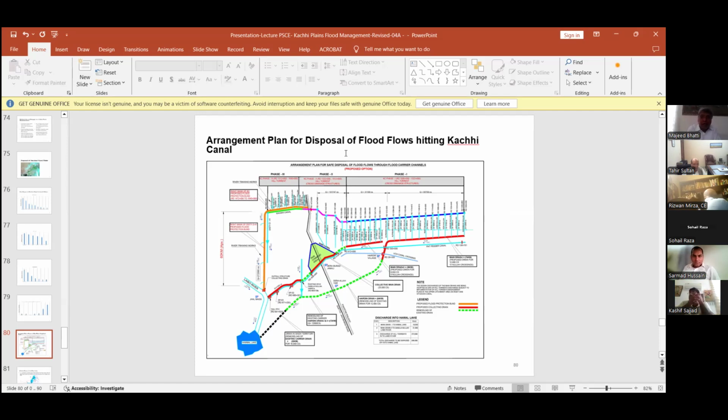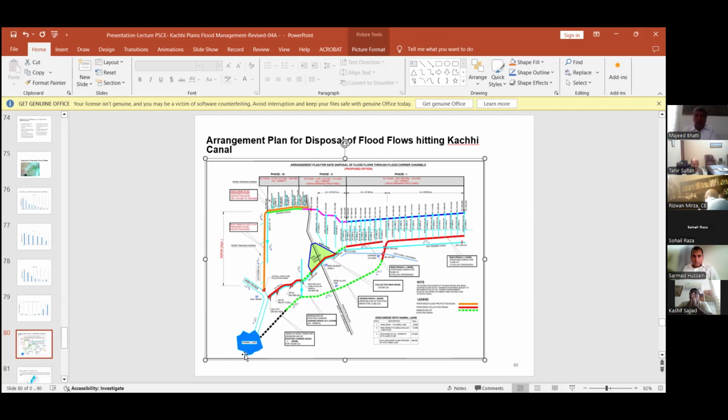Similarly, phase two will also be transported to this side. And phase three water will be used there as a river, and ultimately it will go to this lake also. There has been a study which the MMP conducted and gave different options for disposal of